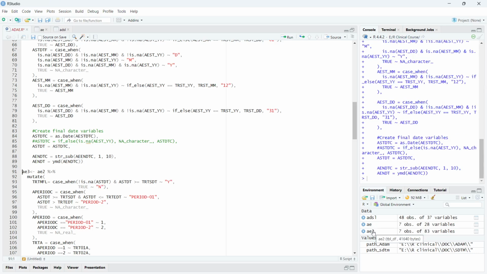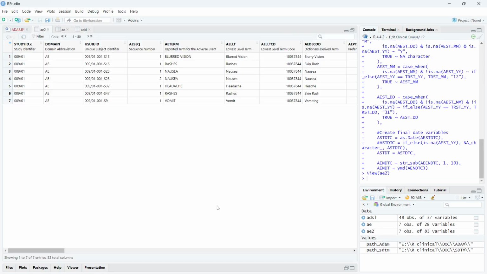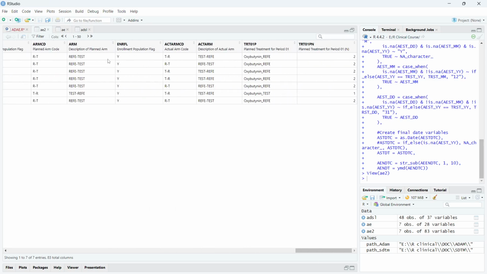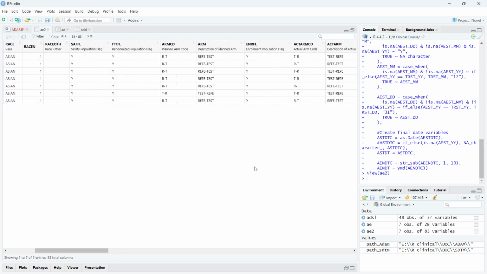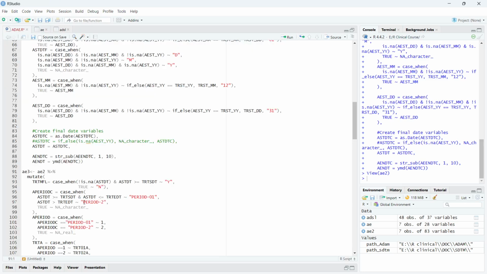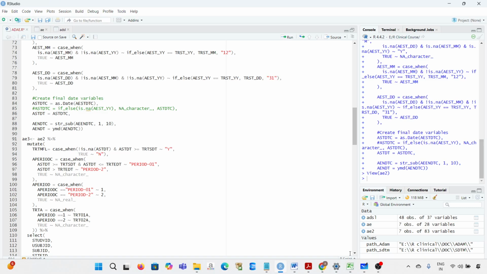Okay, so if you go check A2 here, you will be having the date format, and we'll be having the date format for the adverse event end date and analysis end date. So, okay, next we have to do